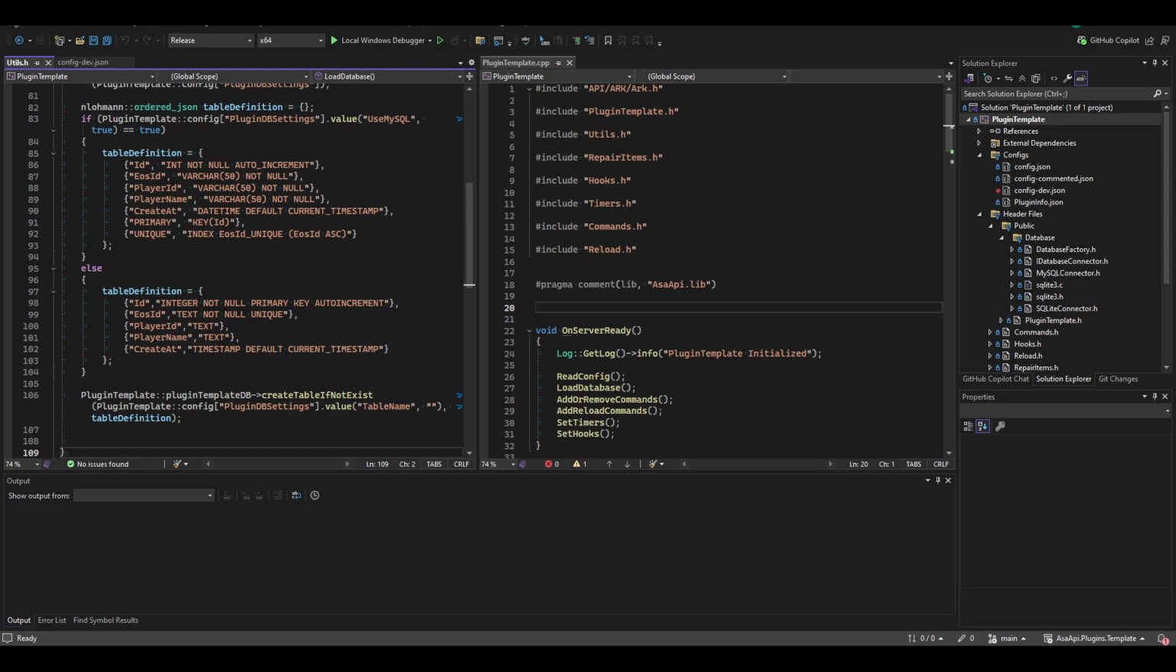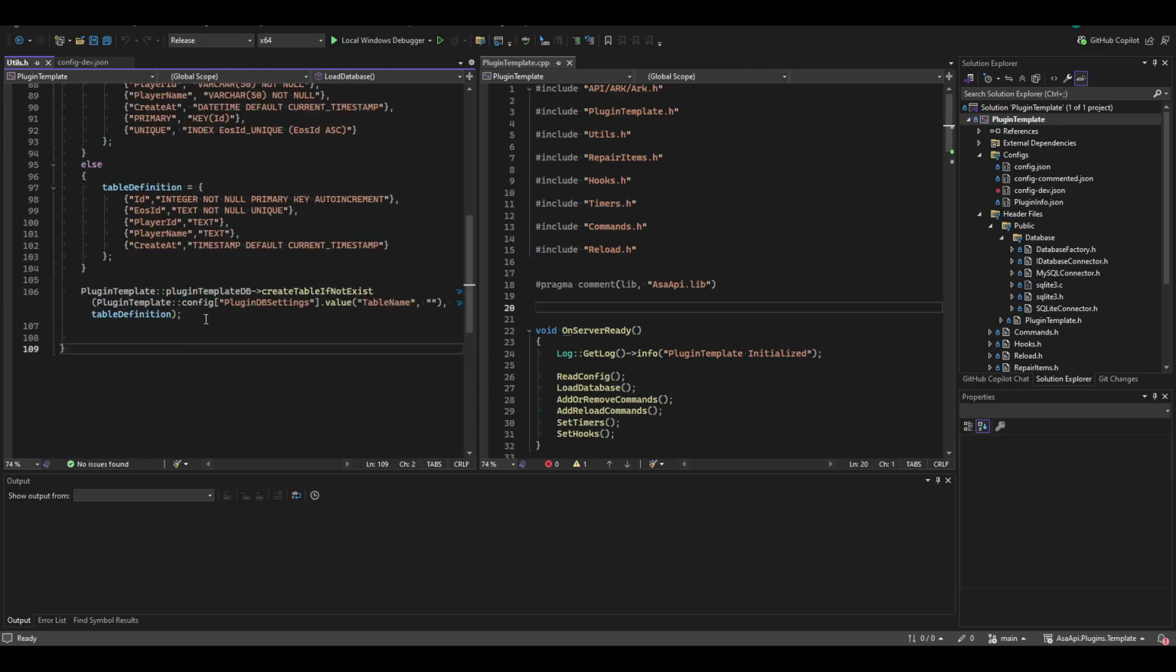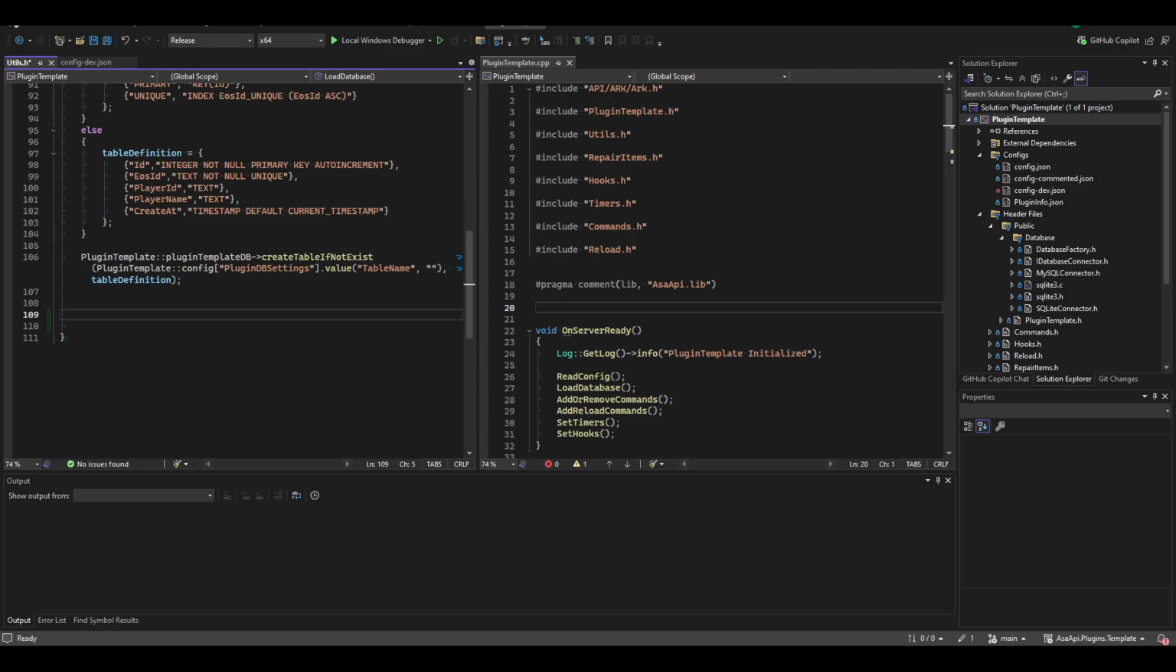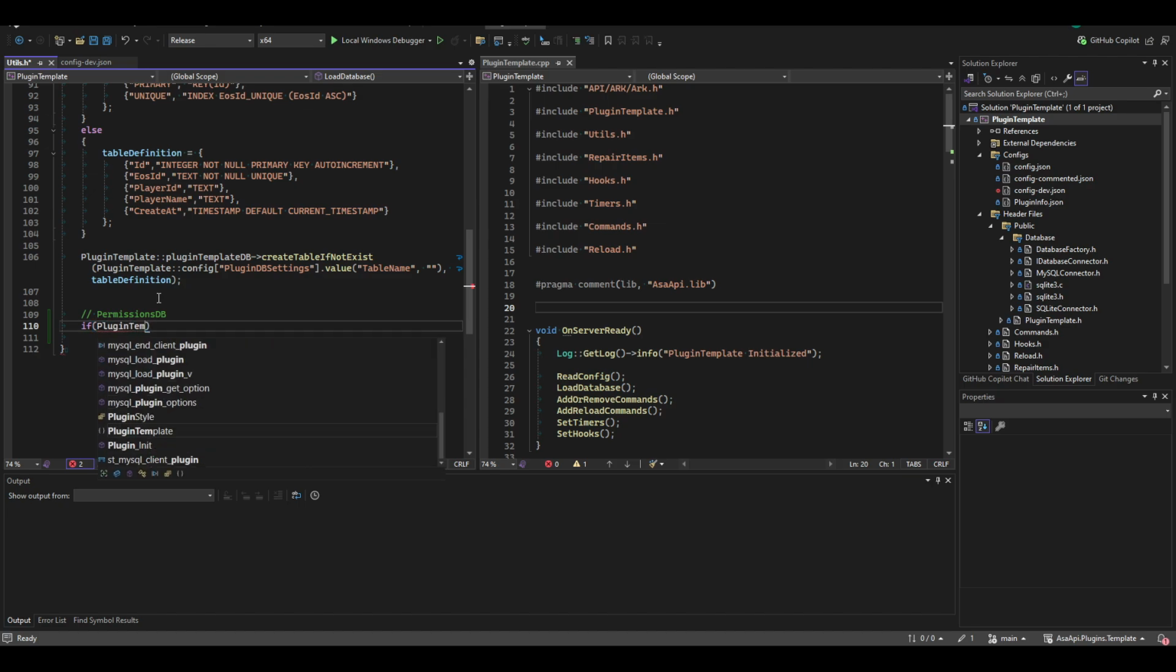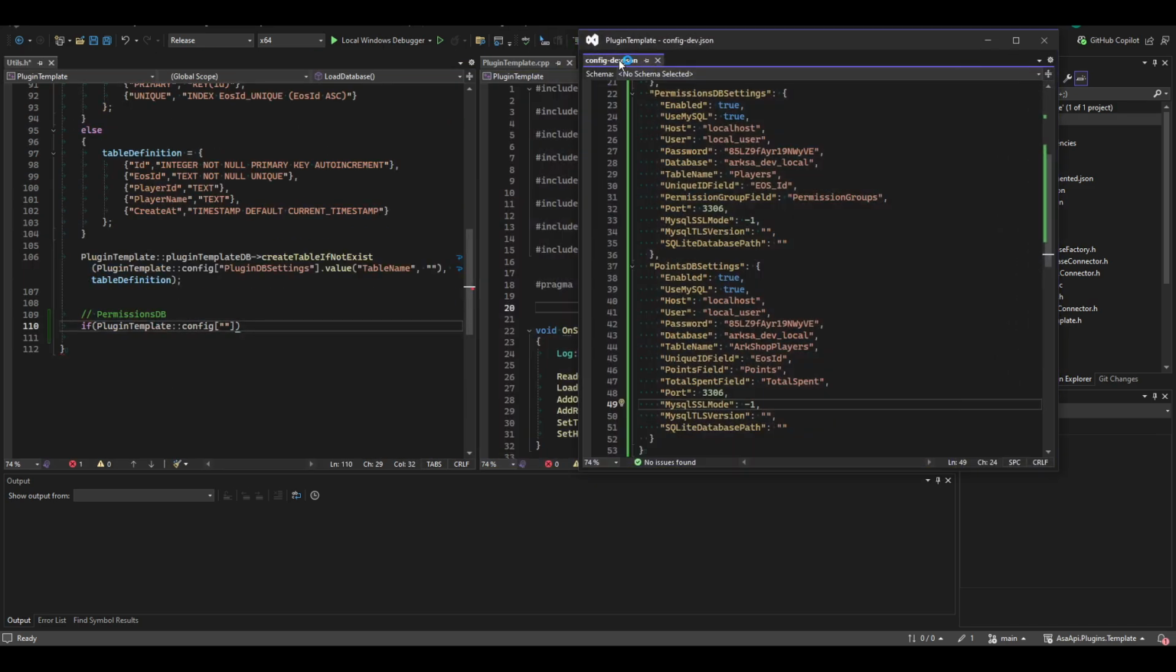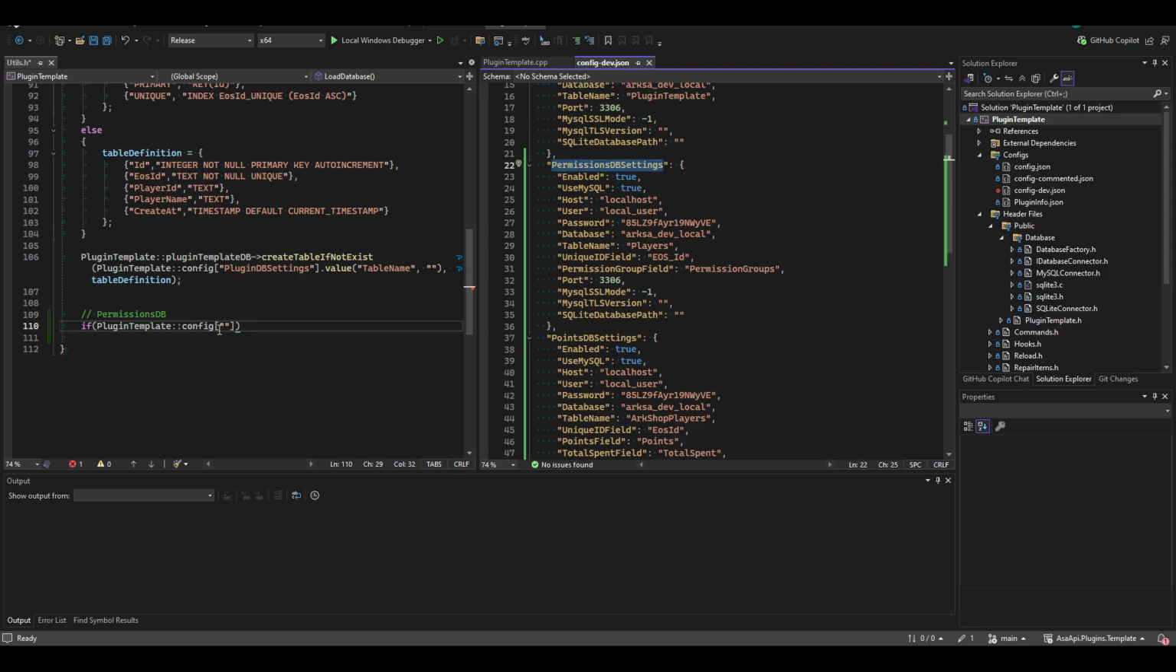If you're after loading the database, you can write here, like after creating the table if it does not exist. So if we are connecting, just comment permissions DB. Then plugin template, config, okay. Maybe put this so I can just copy paste. Okay, permission DB settings. And then that value, we're getting the value of the